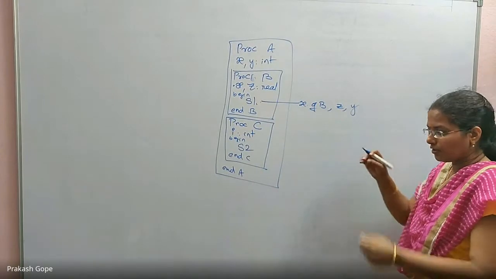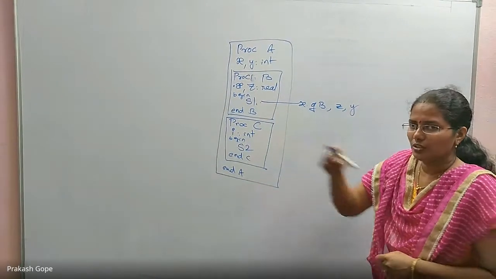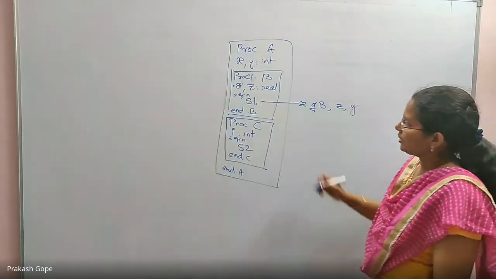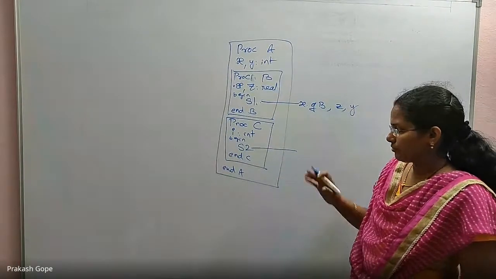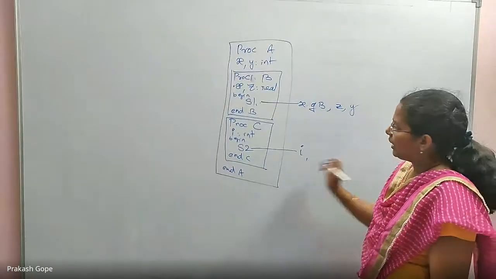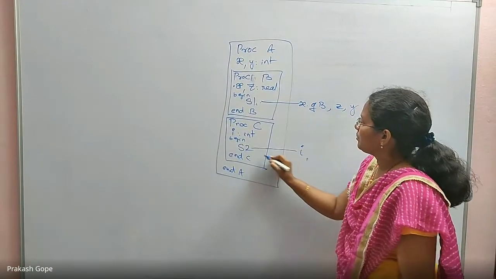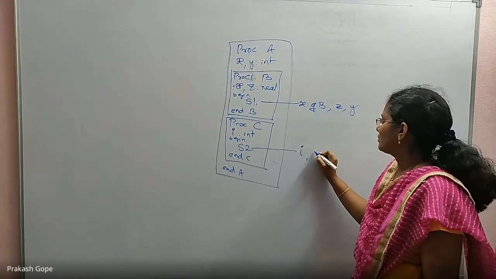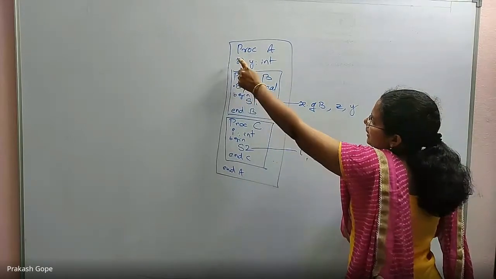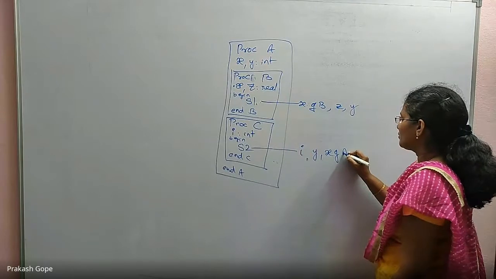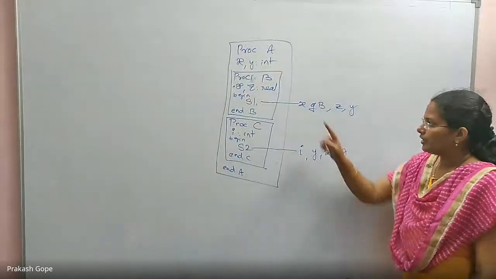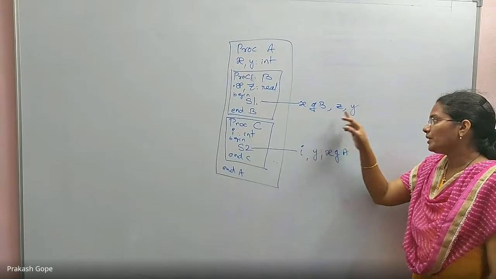No, that is not possible. I cannot jump from this environment. I cannot touch the variables of another procedure. That is the rule of structured programming. Coming to the S2 block of statements, what can I access? Obviously, I can use the locally declared variable and its outer block's variables. Its outer block's variables are these two, X and Y. Y is fine. X I can access, but not this X. I can access this X, which means X of A. So in S2, I can access X of A, I and Y. In S1, I can access X of B, Y and Z.